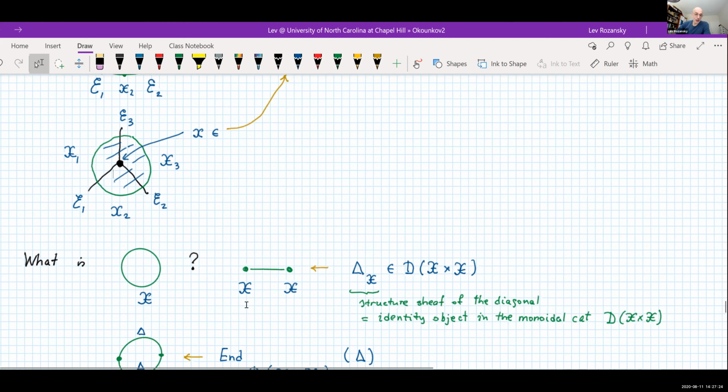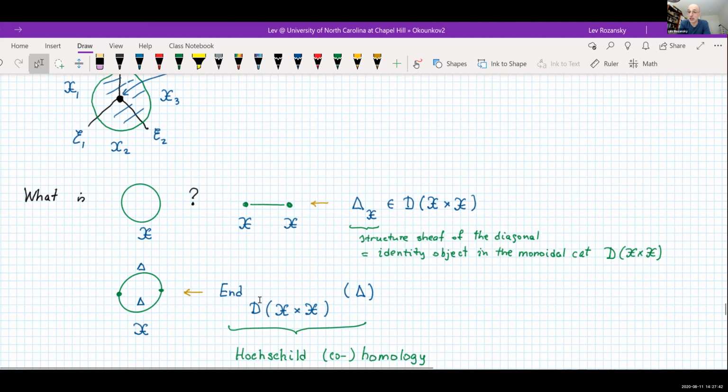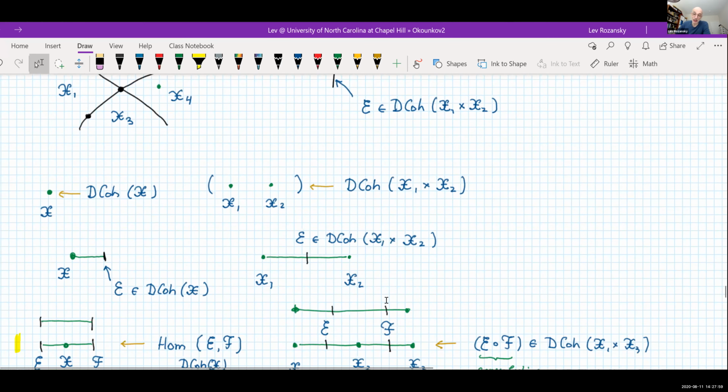Now, question, what should one associate to a circle, which lies completely in the domain, in the two cell colored by X? So the idea is to put two green points on that circle. In other words, to cut it into two semicircles. Each semicircle is an object in the sheaves over X squared, X cross X. But the condition of composition, this convolution story here about E and F,